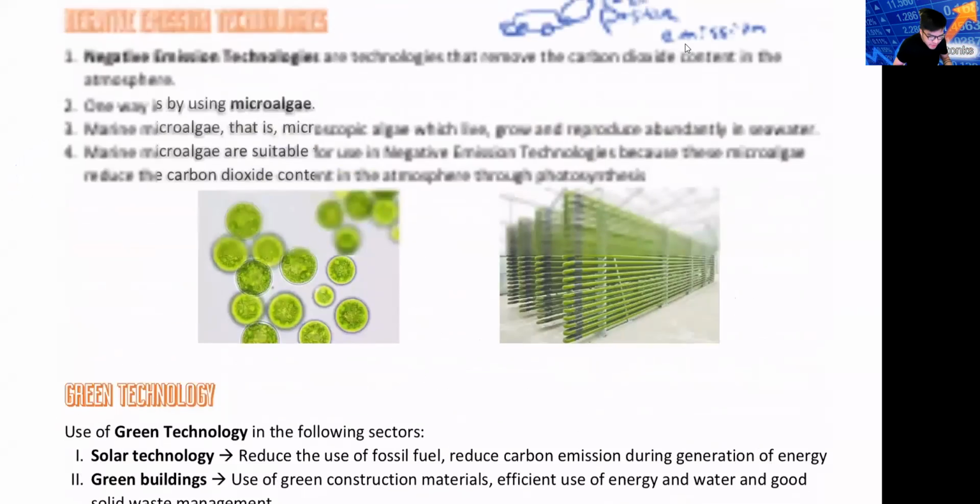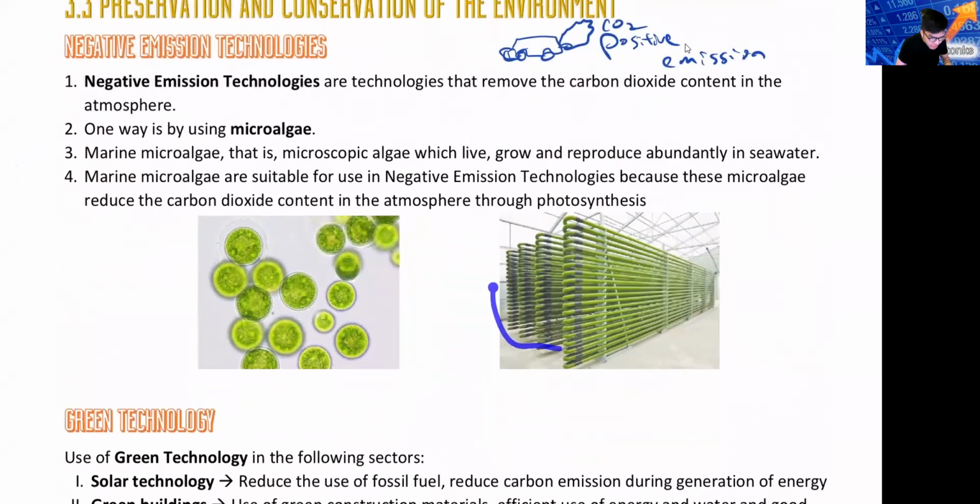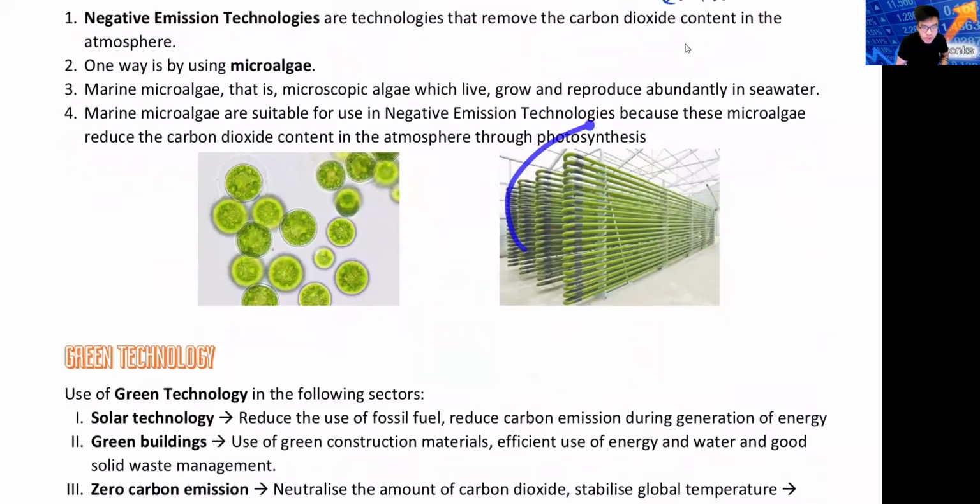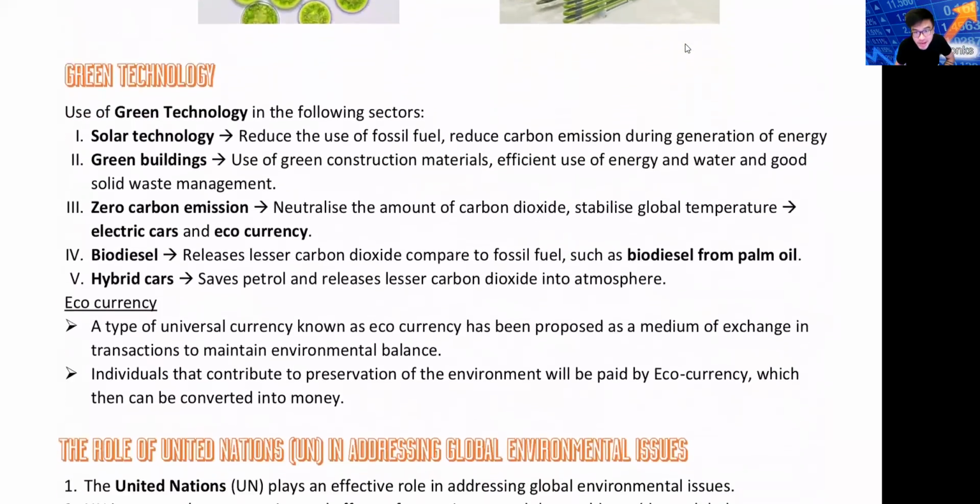For example, if your country has a lot of microalgae, and this year you remove 6 tons of carbon dioxide from the air, you can use that 6 tons of carbon dioxide removed as a currency to trade with other countries. Because you contributed to this problem, you are making the world a better place. So you use this as a currency to exchange with other countries, which is a good thing. You encourage other countries to keep doing this. Just an example lah.